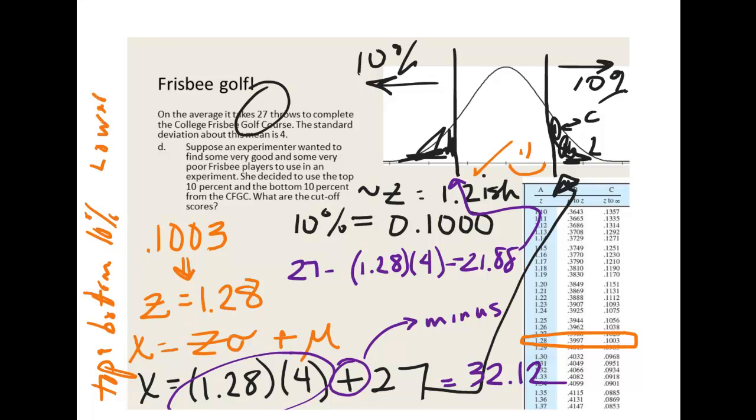So, not quite sure what I was trying to write there. Lower than 22 or higher than 32 would be the competitors whom the researcher recruits for whatever the study is of Frisbee golfers. Okay, let's move on